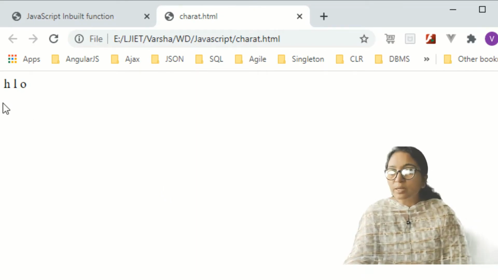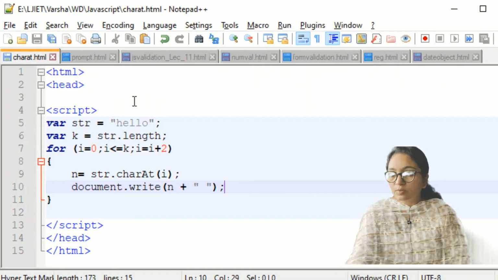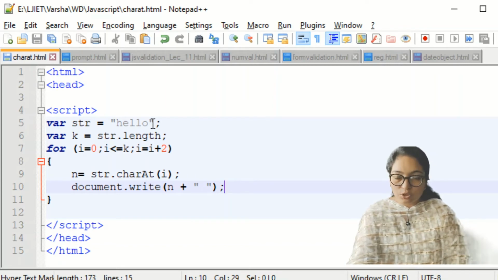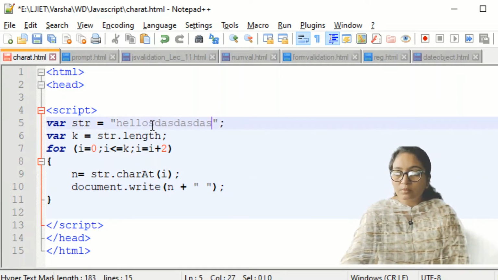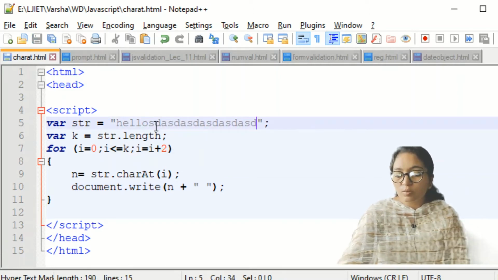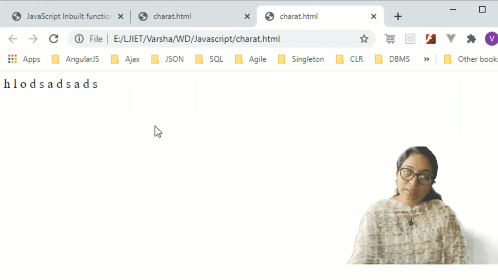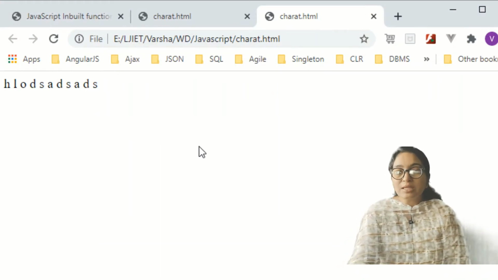So it will display the first, third, and fifth positions from this string. Suppose I add some extra characters, it will display those values too. In this way you can use the JavaScript inbuilt function.